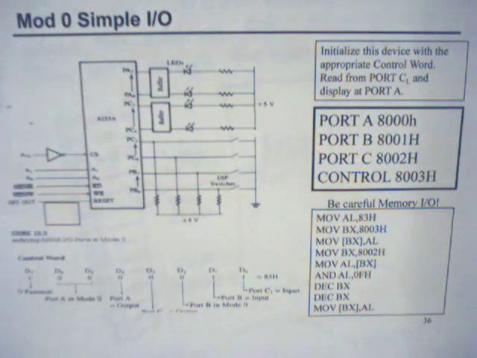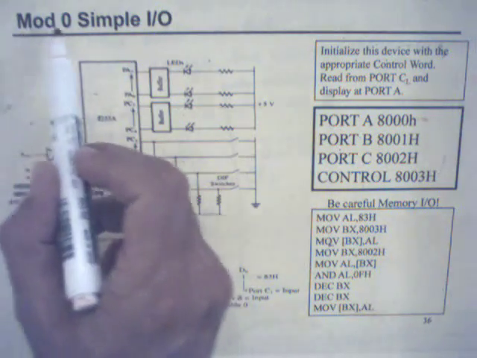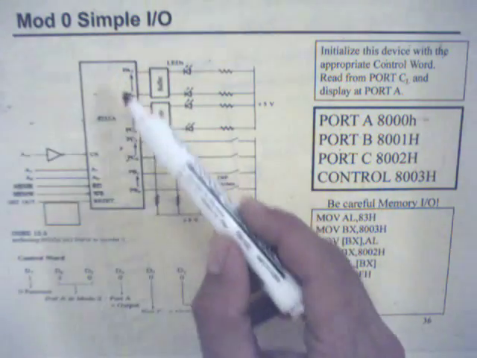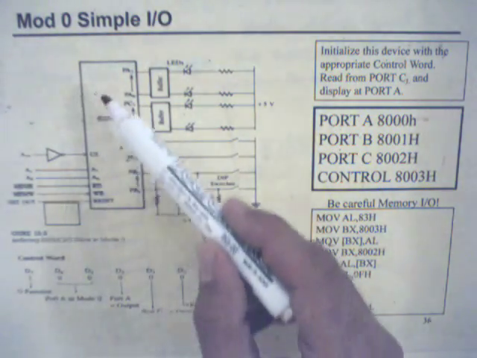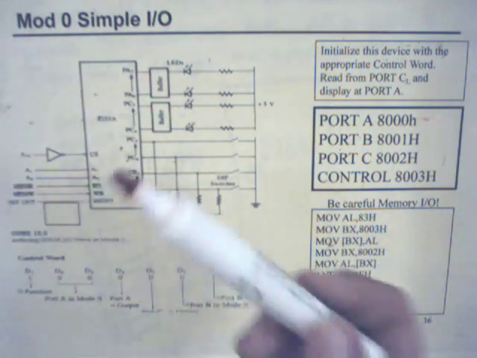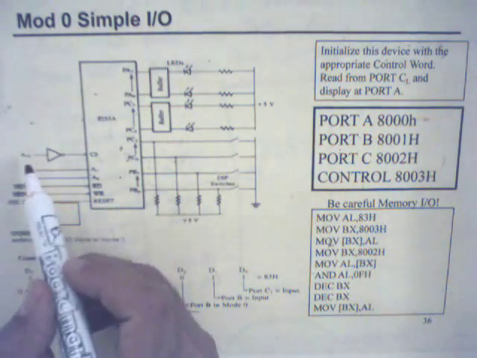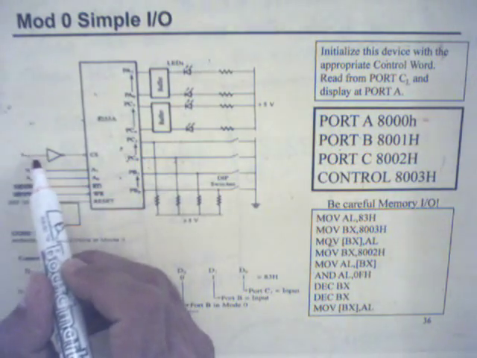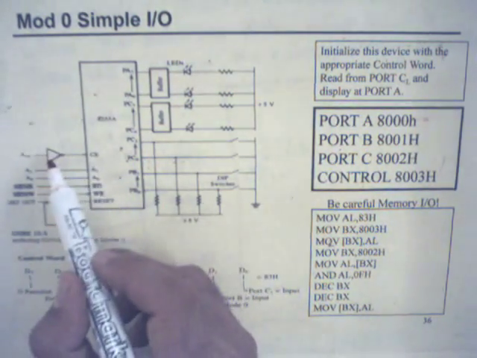Now let's concentrate on the example given on the slides. It's the basic function of the 8255 on the microprocessor circuitry. It's mode 0, simple input and output circuitry. So the 8255 circuit is shown here on the left side, left corner, and here A15 is directly connected to chip select,